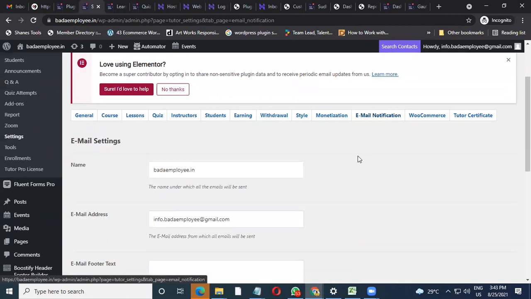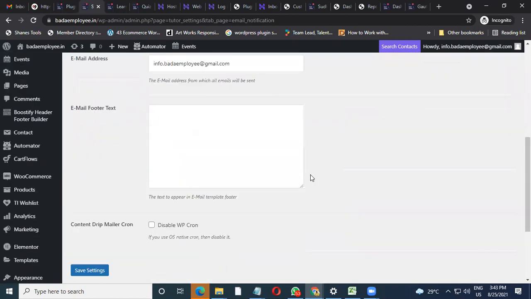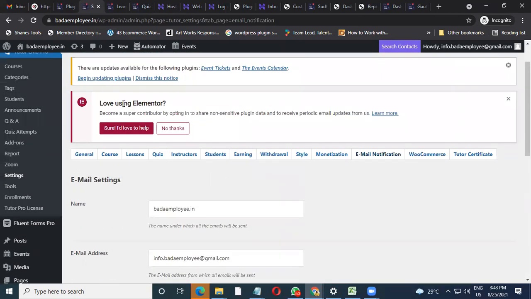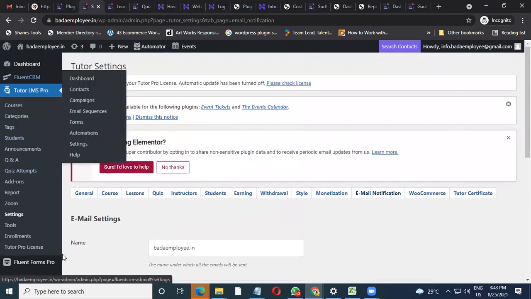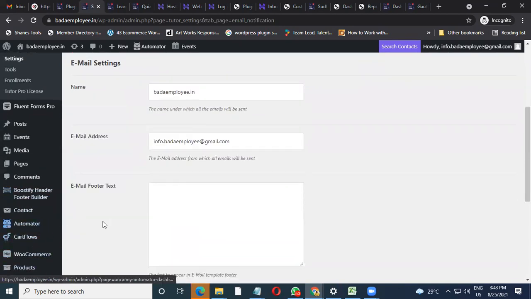All those things are too tedious. So instead of this, what we are doing is we are trying to use Fluent CRM and the Automator to send, and the flow works pretty well. So if someone makes a payment to you, Automator adds a tag, pulls them into the CRM, and from the CRM the automation starts, and it sends an email to your student also. And from there you can always use the sequence part also. So that thing is already taken care of. So don't worry. Once you reach that stage, I'll be guiding you to take it ahead.